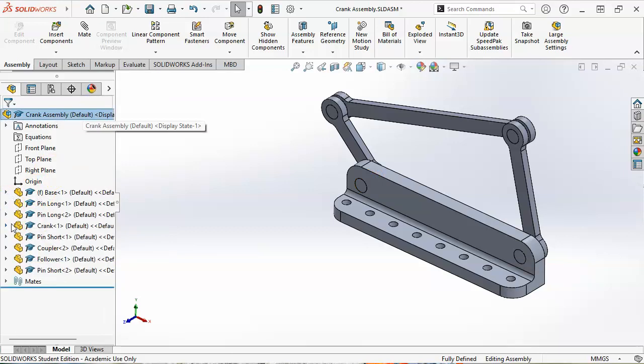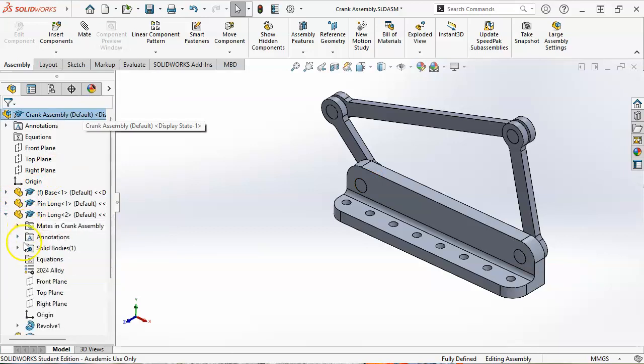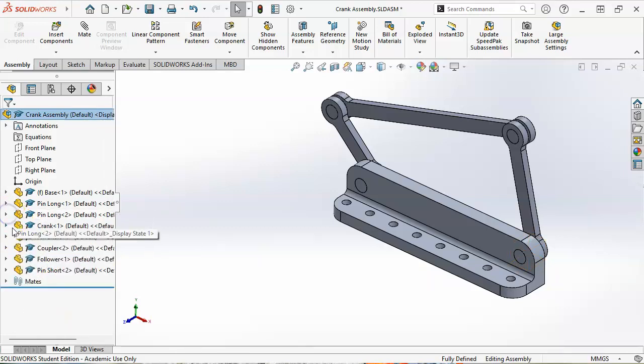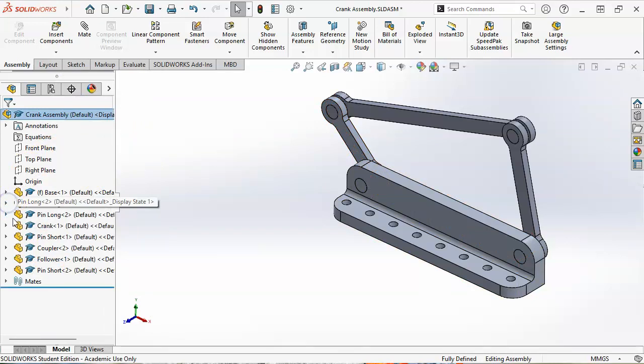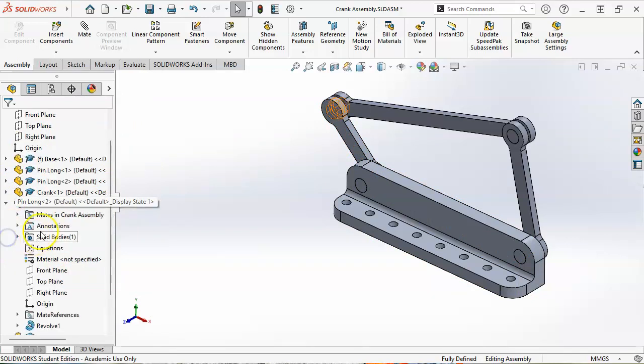And I'm pretty sure that it made 2024 everything, so the pin long, so those two should be the same. 2024, we'll have to double check against the drawings. The pin short,